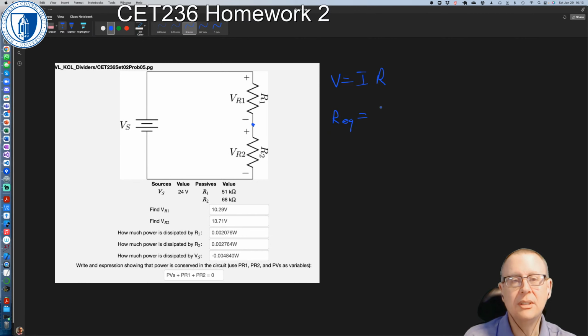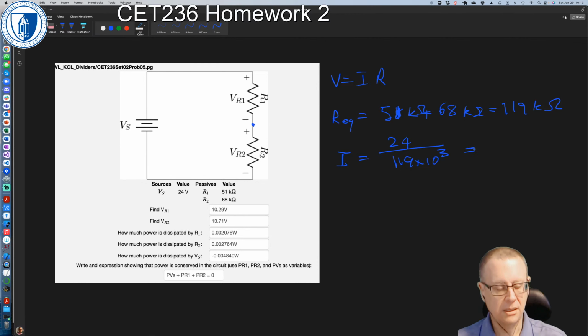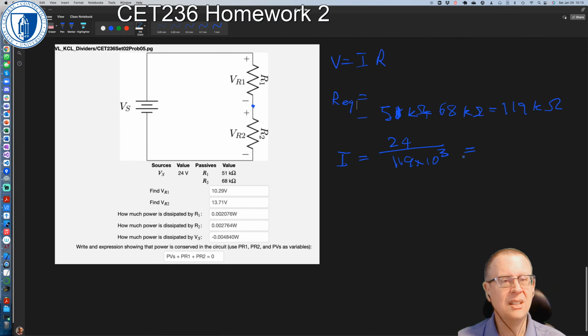kilo ohms. So it's 51 plus 68 kilo ohms. And that is 110 plus 9, so 119 kilo ohms. So that means our current is V on R, so 24 on 119 by 10 to the 3. Let's see what that gives us. And it's,